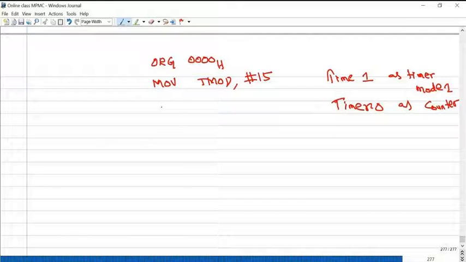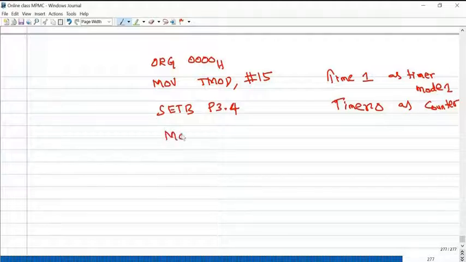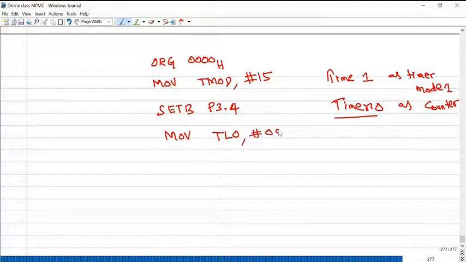So the P3.4 pin, configure that particular pin. SETB P3.4. It acts as the input. It receives the external clock pulses. SETB P3.4. Next, MOV TL0. Initially, the timer 0 low register is 0. MOV TL0, #00H.